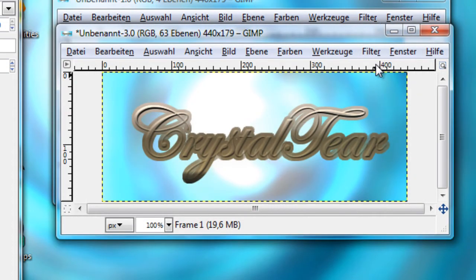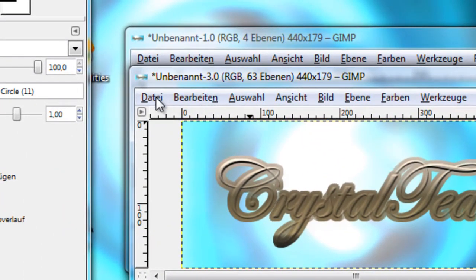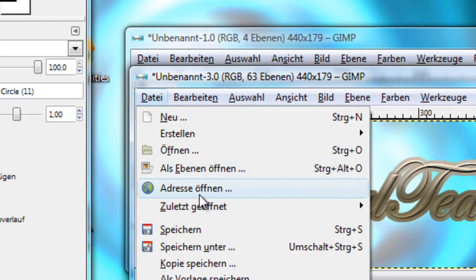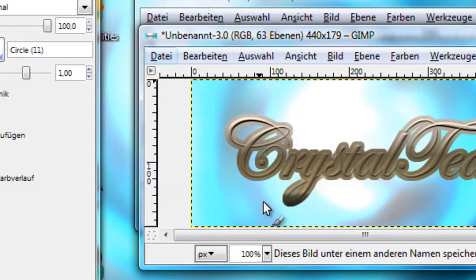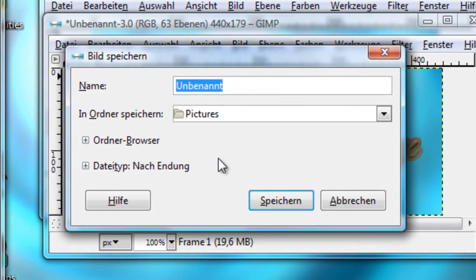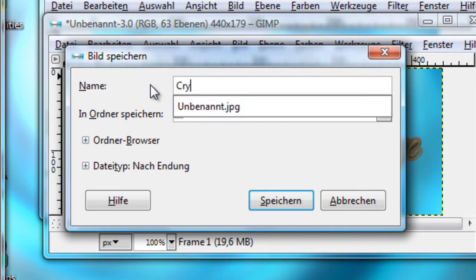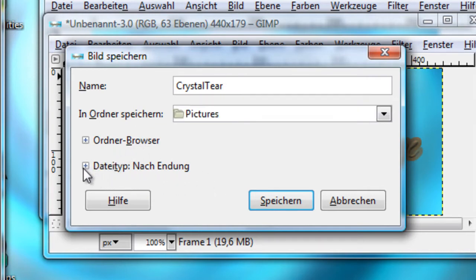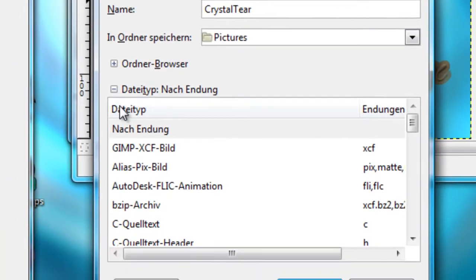So if you say that you like this effect, you just want to have it, then you just go here up to data, save as, and what's important now is the format of our data. Excuse me for that. So you just name the data what name you like, then you go to data type after ending again, and so